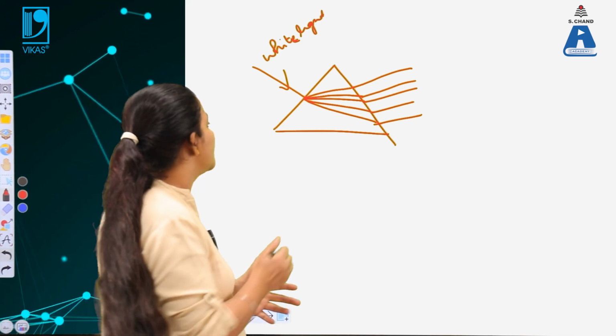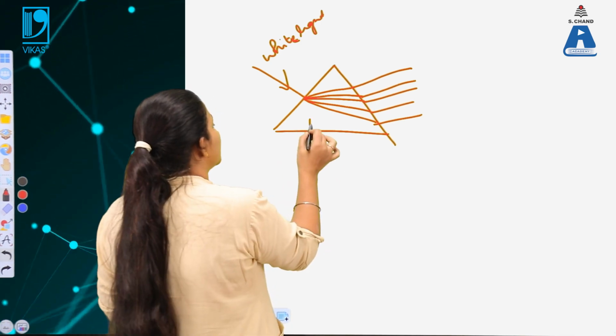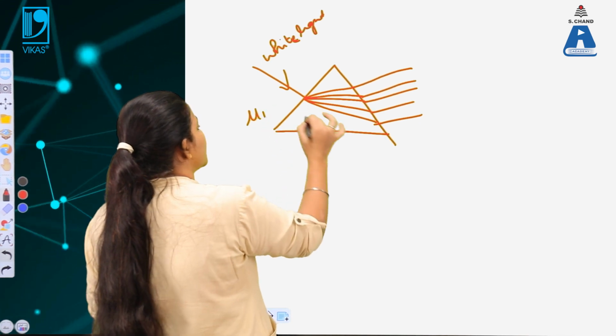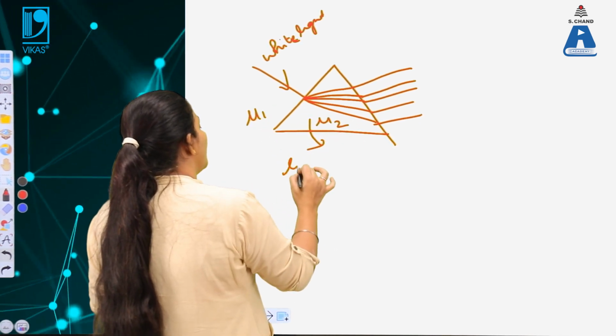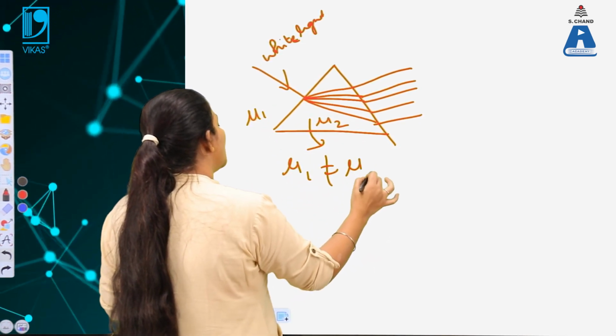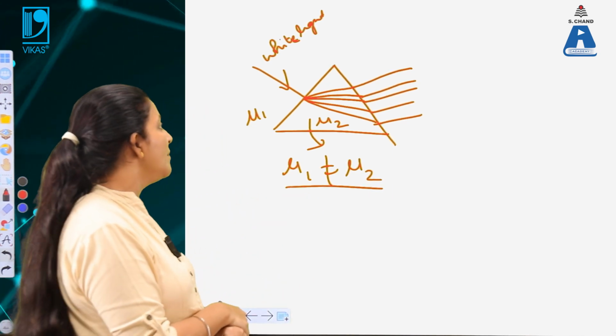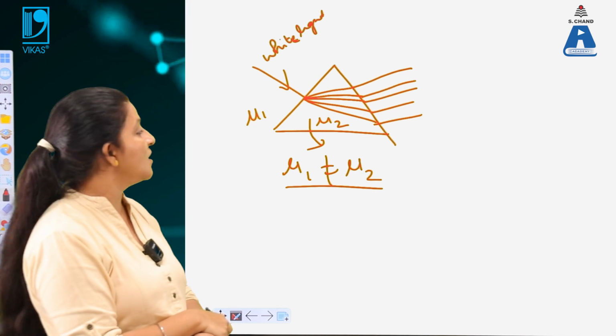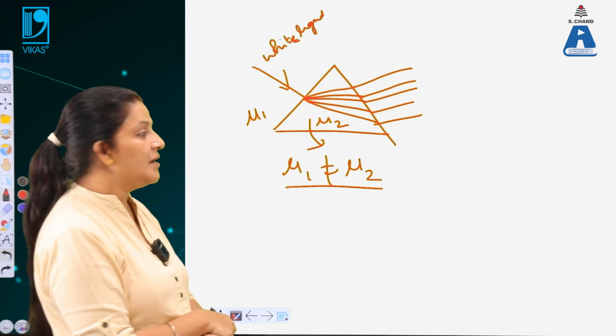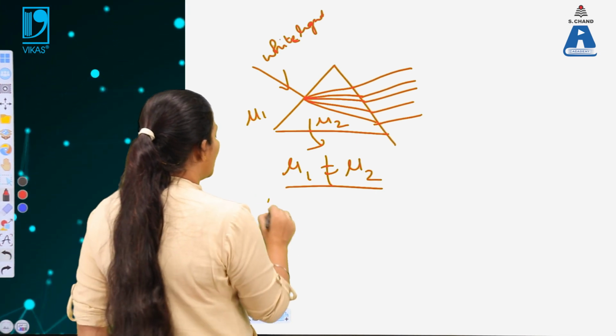So in the prism, the medium is different. If the refractive index is mu1 here and mu2 there, mu1 is not equal to mu2. So there is a difference in the refractive index of the two media where the light is incident and on the other medium. Due to this, the speed of the light